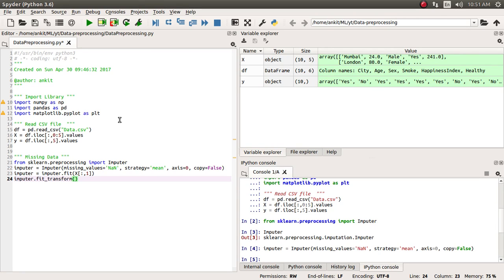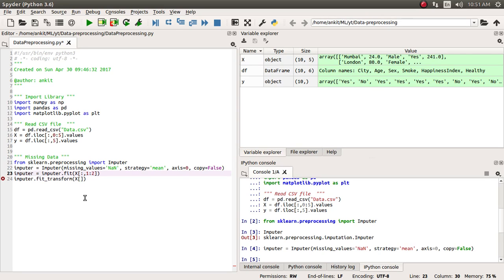Until now we have just given instruction to the imputer object that on this data we need to apply this operation. Now in the fit transform function it will actually calculate this average value, and afterwards it will put this average value in the missing place, based on whatever parameters we have given, the missing values strategy and all those things. The same x